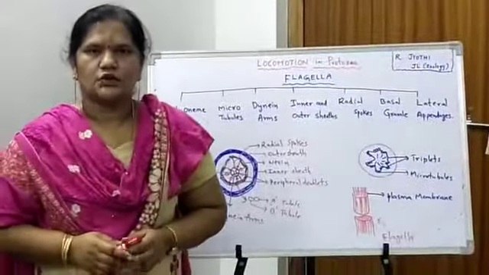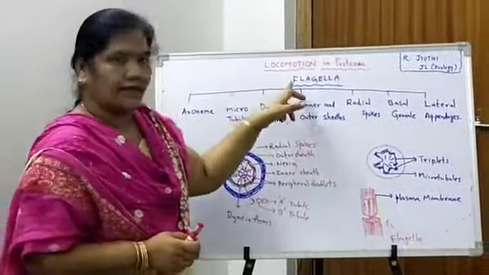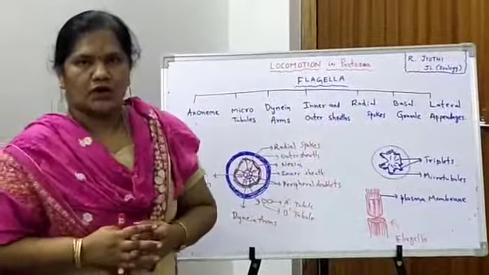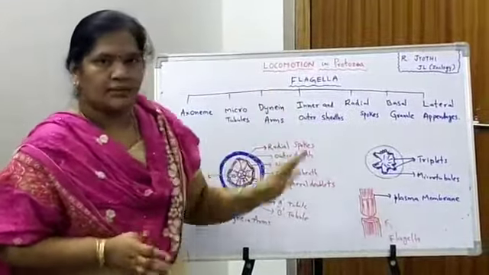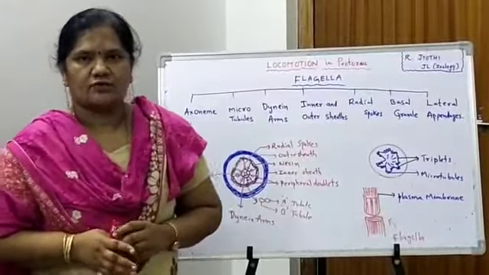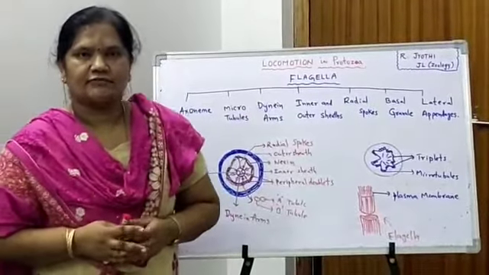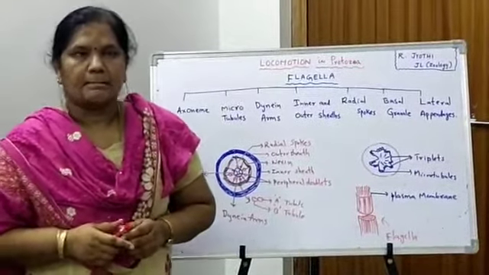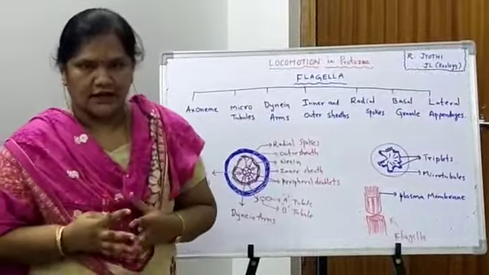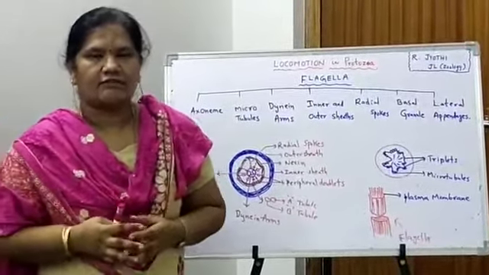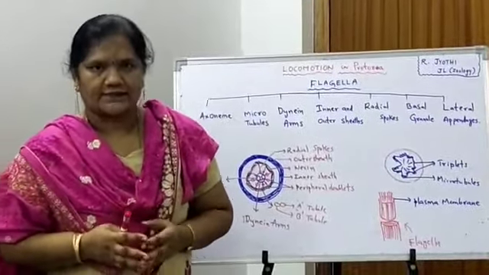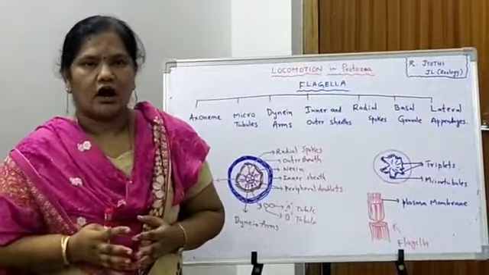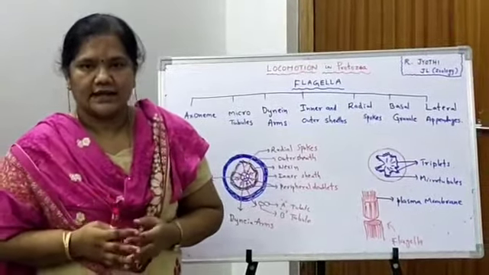Good morning all. Today I would like to tell about flagella. The long whip-like locomotor organelles are called flagella. These are found in mastigophore protozoans. Mastix means whip, phore means bearer. Bacteria also possess flagella, which are structurally different from those of the eukaryotes. The movement of spermatozoa of animals involves flagellar movements.